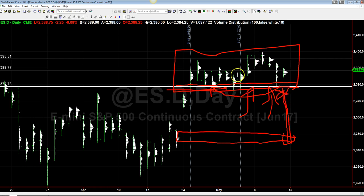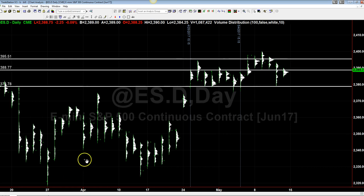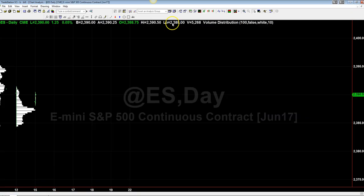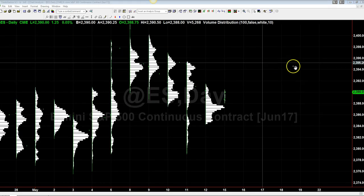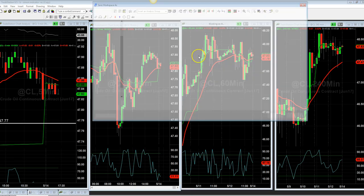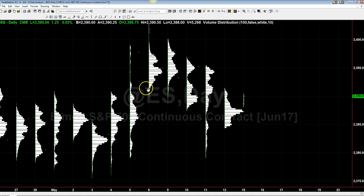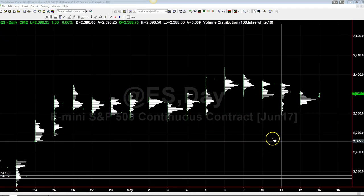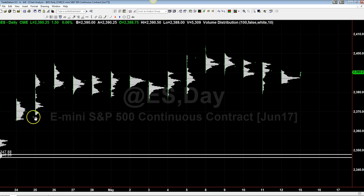So moving along, let's take a quick peek at the 24-hour price action here. It looks much the same. If we look at the 24-hour, much the same, right? We're in balance. We've got to get below this